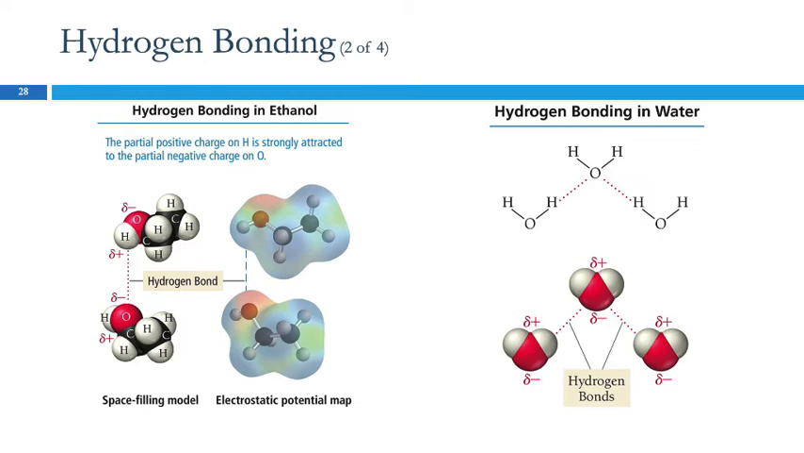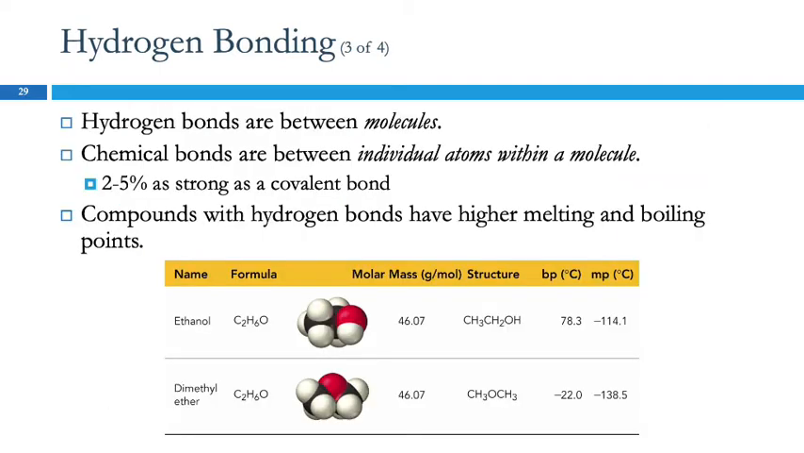A hydrogen bond is not a covalent bond. It's an attraction between two molecules. Hydrogen bonds are between molecules. Chemical bonds are within a molecule. The hydrogen bonds are only like 2 to 5% as strong as a covalent bond. But what we see is that compounds that have hydrogen bonding,